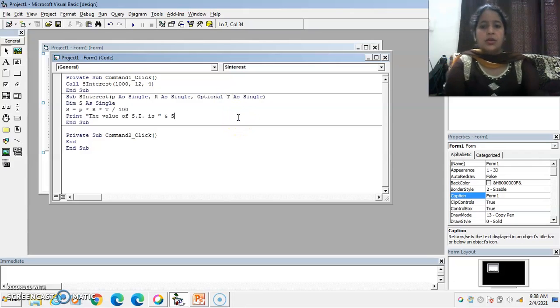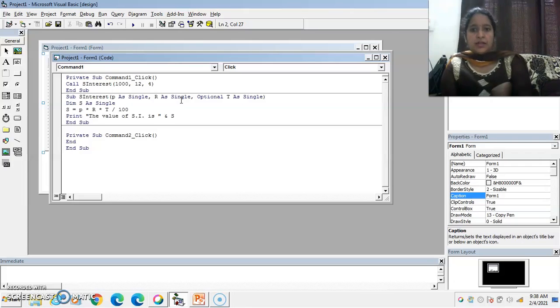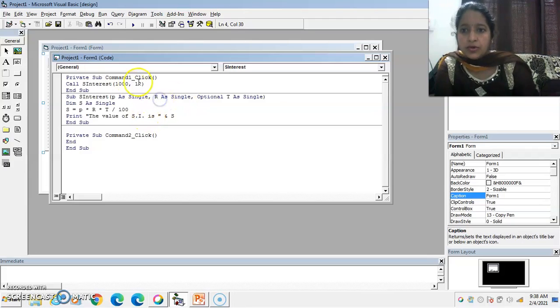Now there is no compiler error, so it follows the rule that always makes the optional argument at the end of the argument list. Now the second point we discussed about the optional argument is that an optional argument takes 0 value for numeric type of arguments, empty for string type of arguments and false value for boolean type of arguments. Now T is the numeric type of argument, so during the procedure call I am not passing the value for T. Now let us see what value this program will take for T.